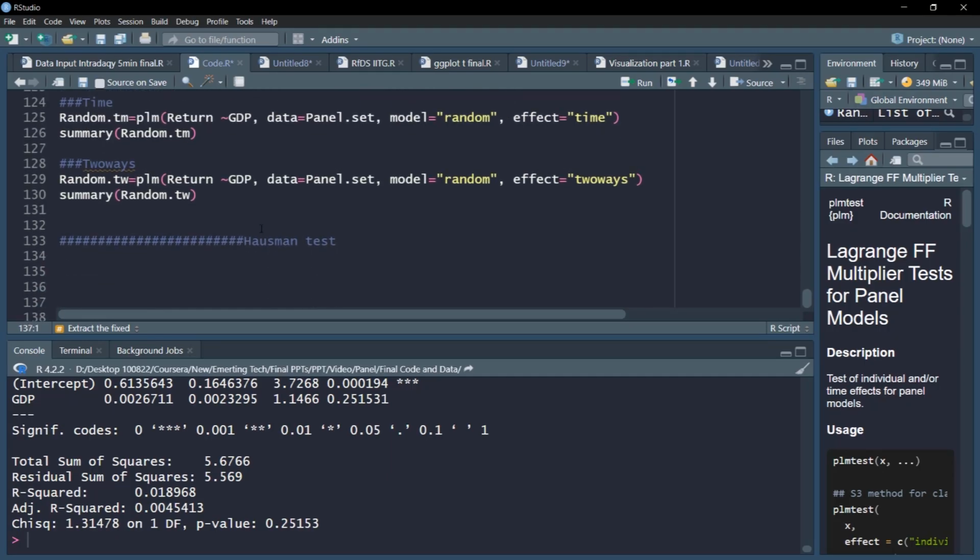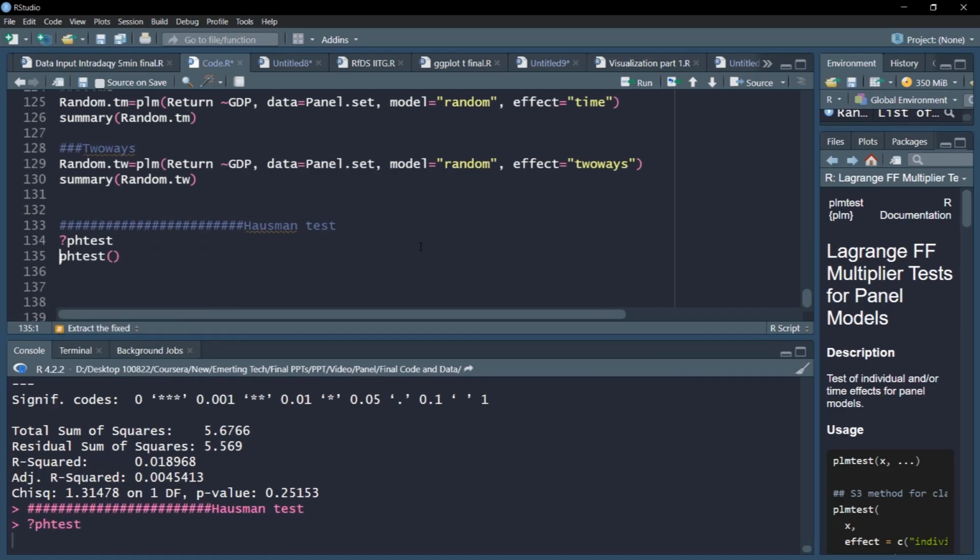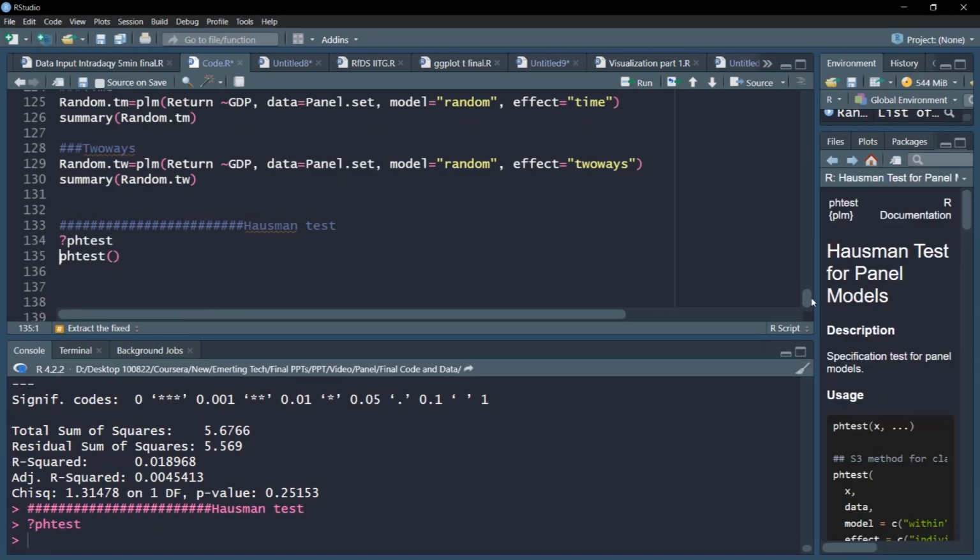and we have already had a great detail of theoretical discussion about the Hausman test. So here we'll only talk about implementation, which is very simple in R. So I use phtest for Hausman. If you want to know more about what the parameters and arguments are, you can simply type ?phtest, and you'll see a lot of details appearing here.